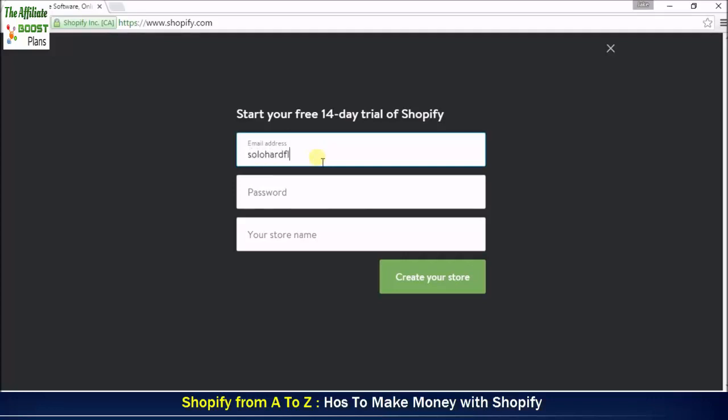You'll just enter your information. I hope this is an email address I haven't already used. And for the sake of creating this store, I really like tennis, so I already have a bunch of tennis pictures and stuff to put into the store, so we'll call it Discount Tennis. What you need to know about your store name is that whatever you pick is going to show up here in the domain, except it will show up as